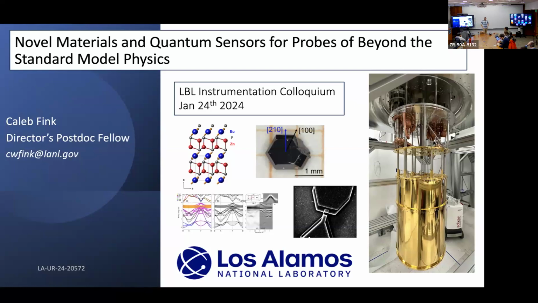Yeah, the last few years I've been at Los Alamos National Lab in New Mexico in more of the material science type division, continuing working on low mass dark matter, but from a different angle, looking into new and novel types of materials and how they could be useful for detectors, and then also some more traditional qubit-based sensors. So I'll talk about both of those today.